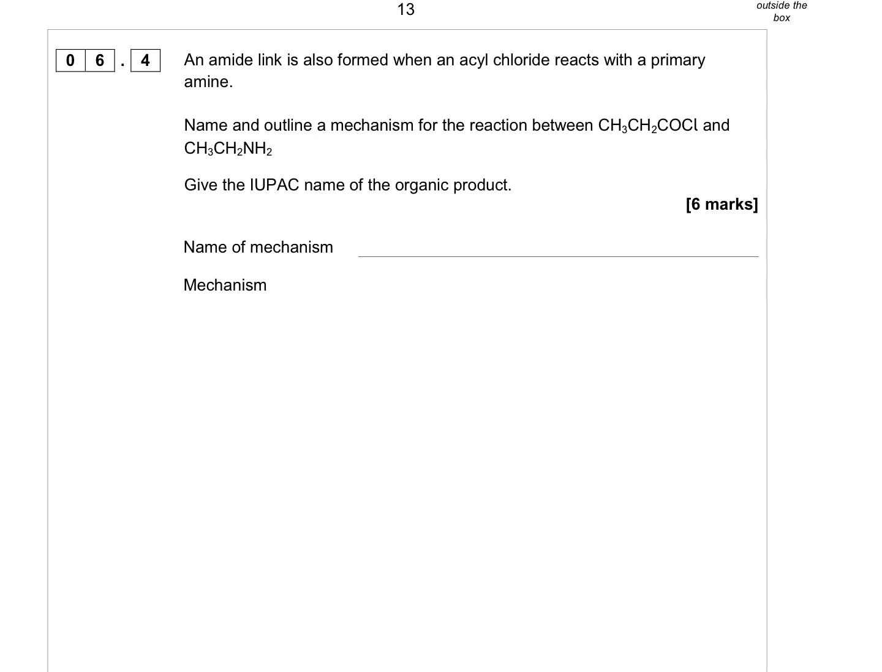So the final part of this question asks about the amide link that's formed in the acylation reaction between an acyl chloride and the primary amine. This would be a nucleophilic addition-elimination reaction. So it's like nucleophilic addition, but then it goes on and does elimination afterwards. So a slightly more complex mechanism. So if we start off by drawing the acyl chloride,